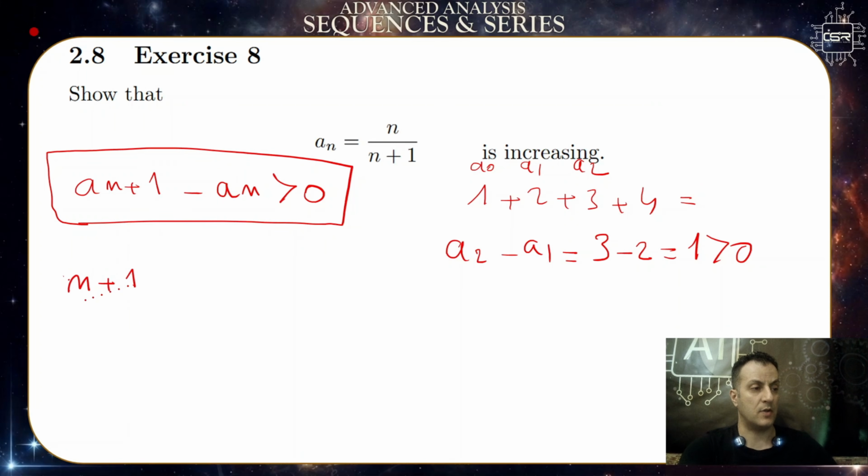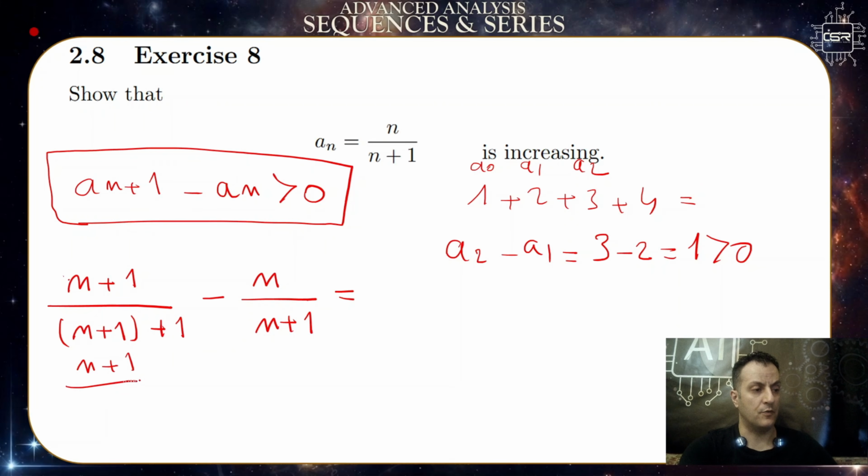So it is n plus 1 divided by n plus 1 plus 1, or n plus 2 in the denominator, minus a_n, which is minus n divided by n plus 1, is equal to (n plus 1) over (n plus 2) minus n divided by (n plus 1) equal,